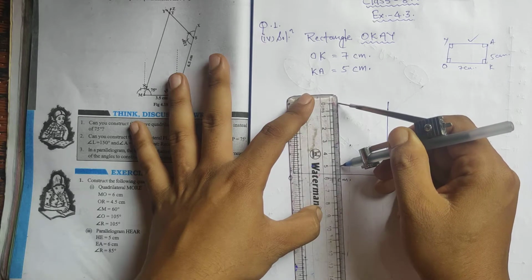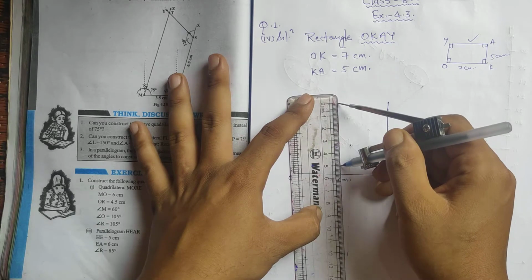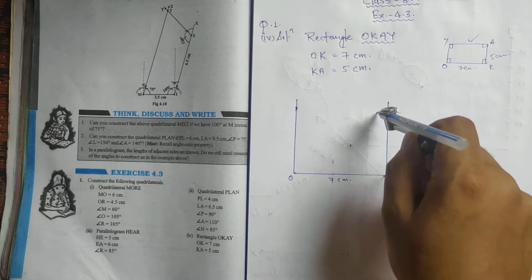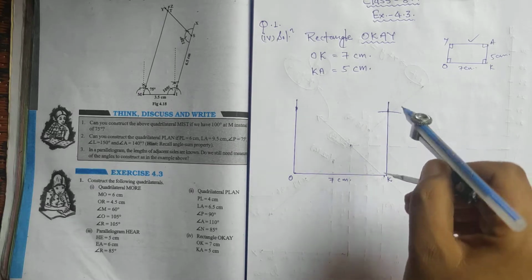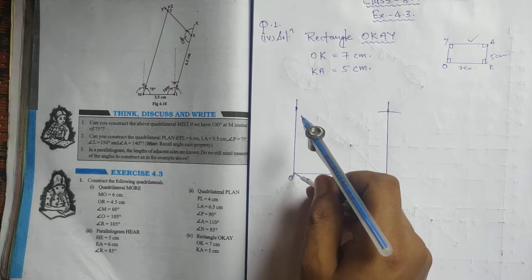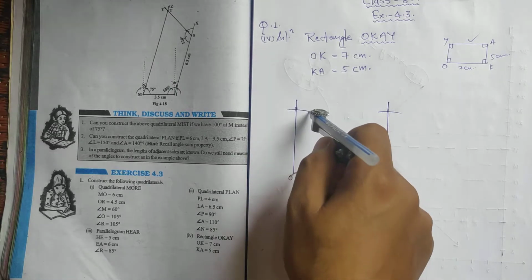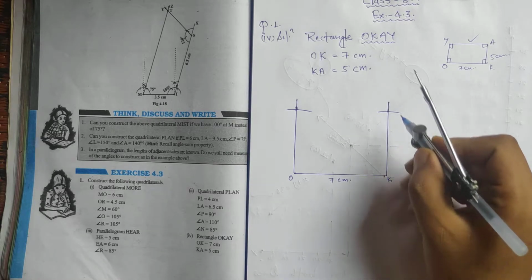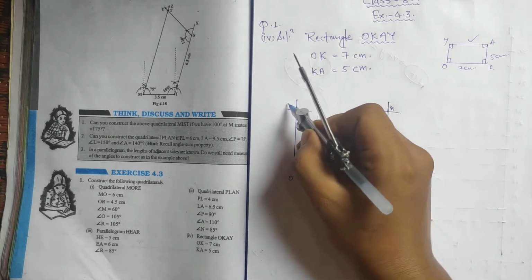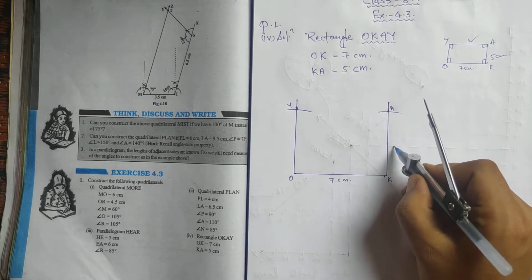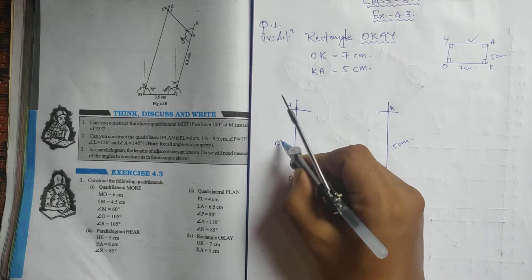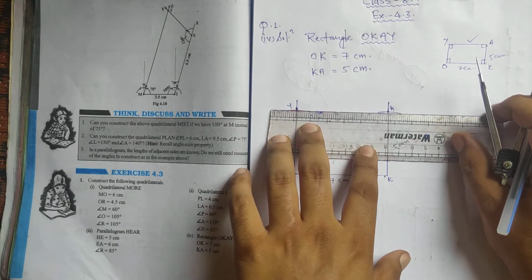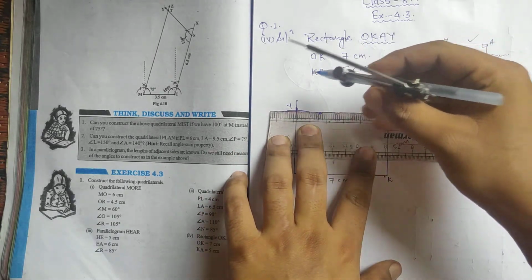Okay, we have taken a measurement of 5 centimeter in our compass, and then put the compass pointer on point K and cut an arc upside on the angle's line, and then on point O cut an arc again on the angle's line. So what you get there is a point A and a point Y, and KA is 5 centimeter, then this one is also 5 centimeter. Okay, so match these 2 points with the help of a scale, this 2 point A and Y.